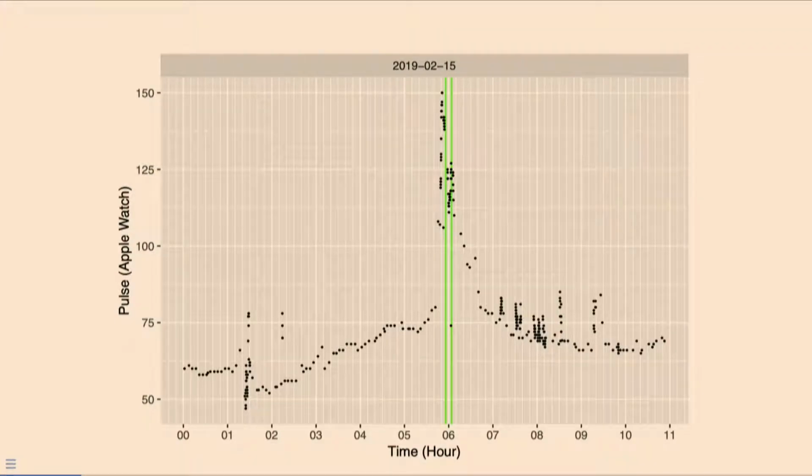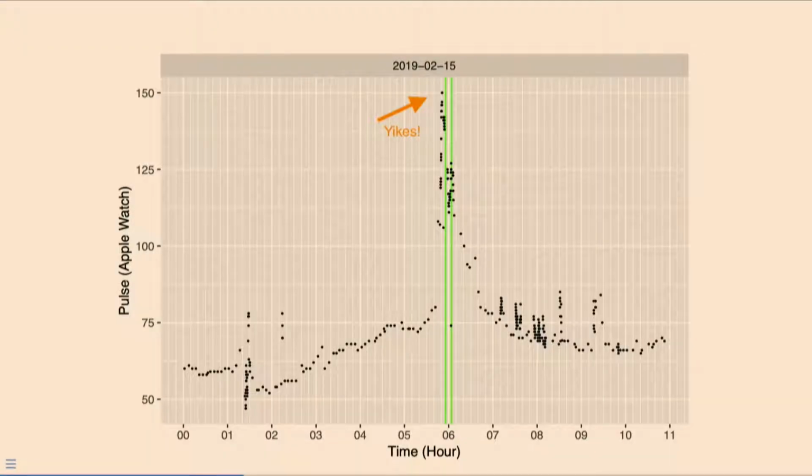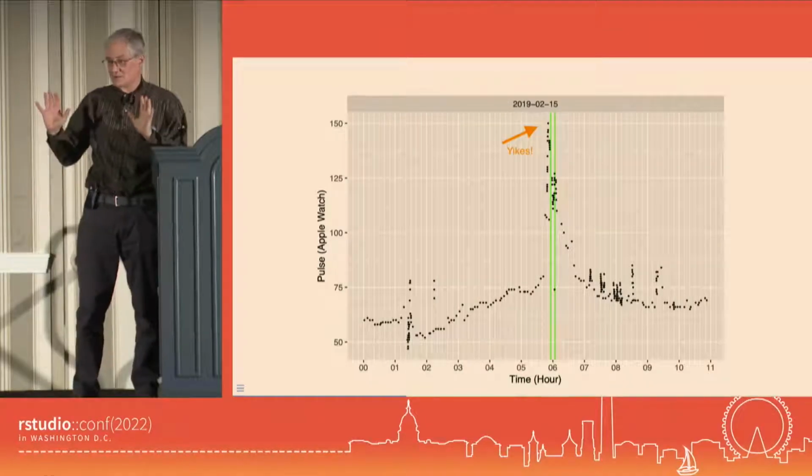And you can see about, there is the event that sent me to the emergency room, my perception of the event that sent me to the emergency room. In the middle of the night, about 1:30 a.m., this is when I was upset, got up, took some bicarbonate of soda. The whole thing did not last very long. Went back to bed, went to sleep. While I was asleep, my pulse was going up gradually, which is very unusual, and then hit that, and off I went. And that's the story of my visit to the emergency room, which was not a big deal.